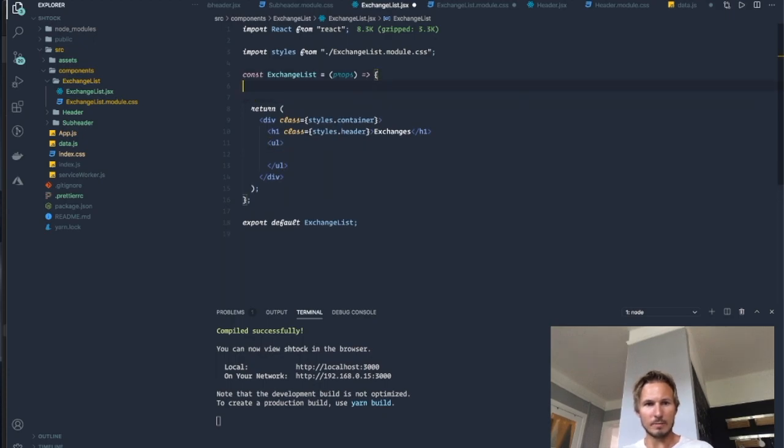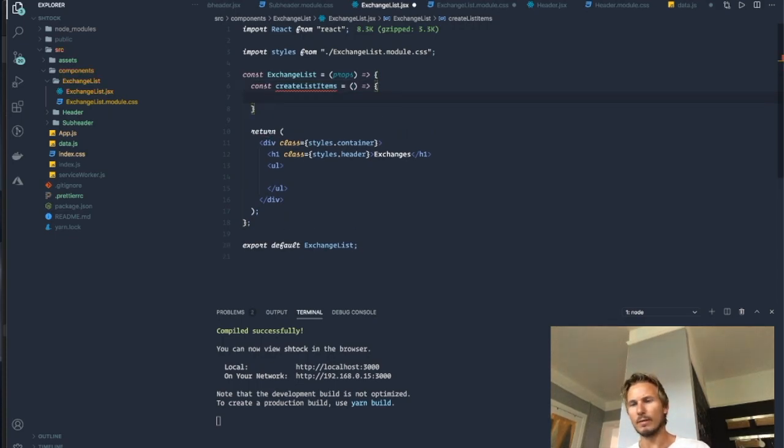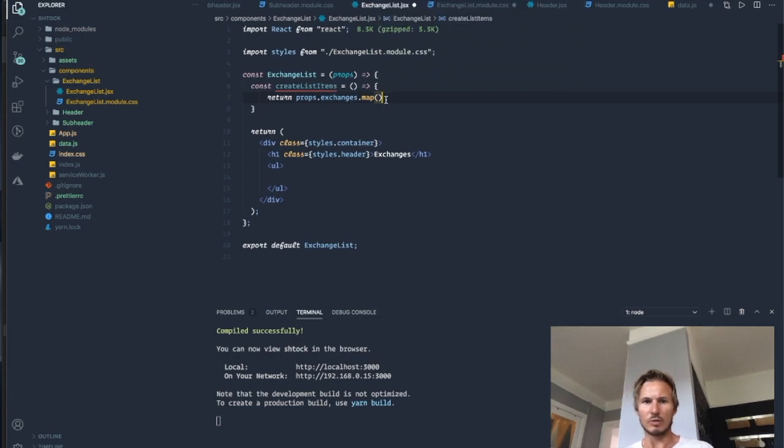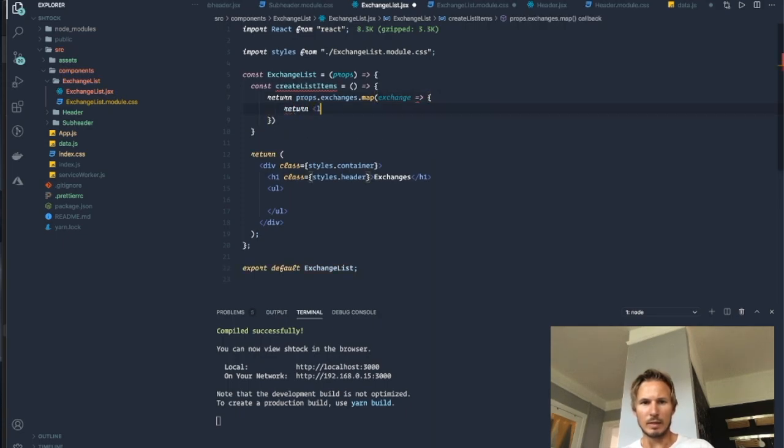So we want to say create list items is going to be a function, and it's going to return props exchanges, and then we want to map over each of those. So we're mapping over the exchanges array, and we're taking each exchange and we are going to create a list item